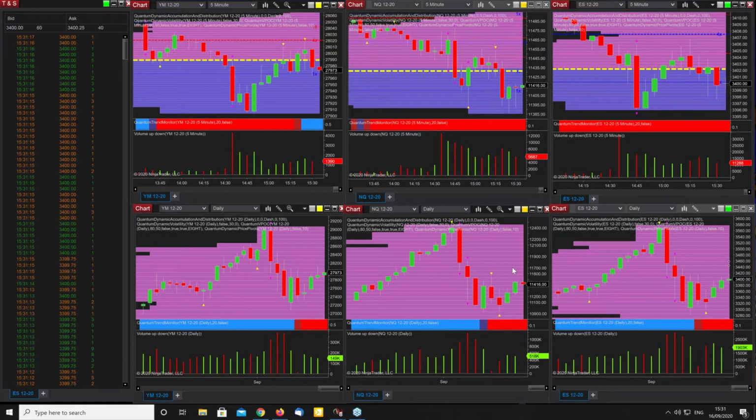In terms of the dailies, yes, we have had a lot of divergence between the, let's move that out of the way again. There's a lot of divergence between these three indices. Normally you'd expect to be going up and down together, but we've seen it a lot over the last few months where we've had the NQ rampaging higher, the ES perhaps following it, the YM maybe down even, so we've had down days with up days and vice versa. But as you can see at the top here, we're just trading around the volume point of control.